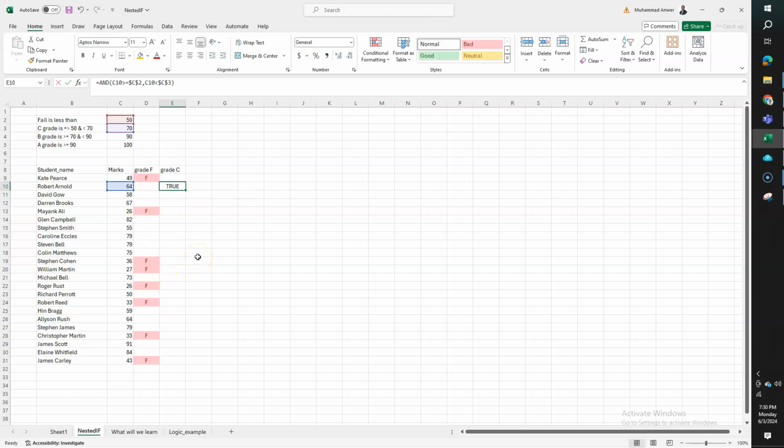Right. So it is true because it's more than 50, less than 70, and it won't be true because the marks are less than 50. But I can now just wrap this as a logical statement. I can just make this the logical statement of an if statement. So I can simply go if, so this is now my logic test, and then I say if this is true, return a C, otherwise return a blank. And